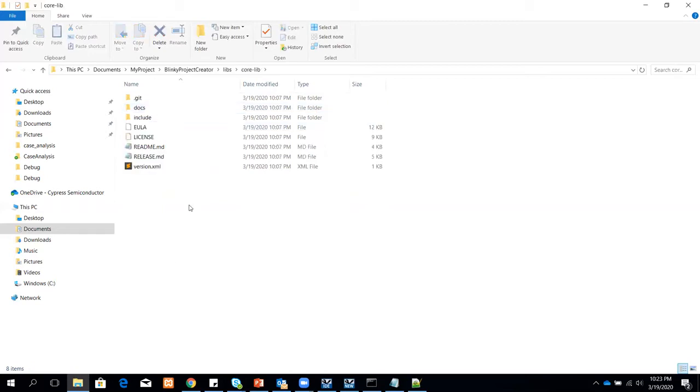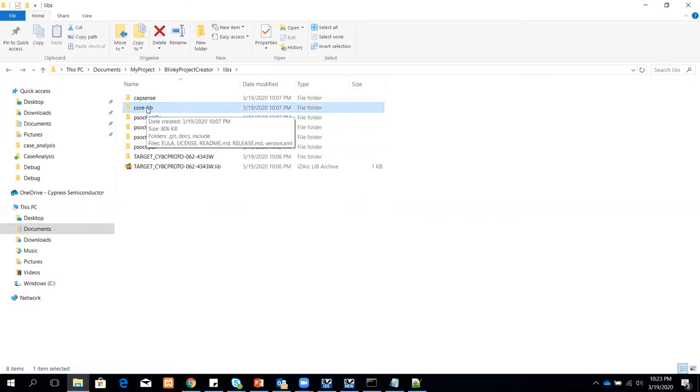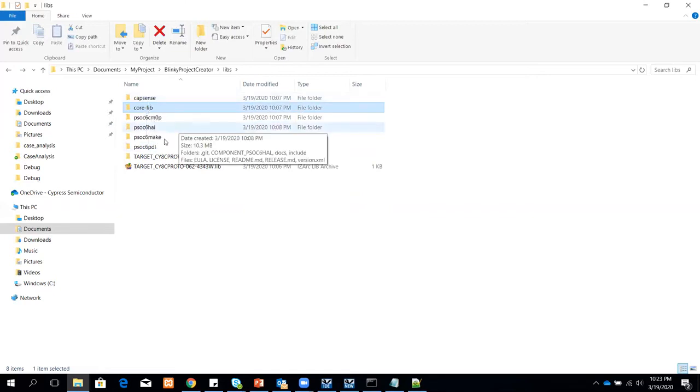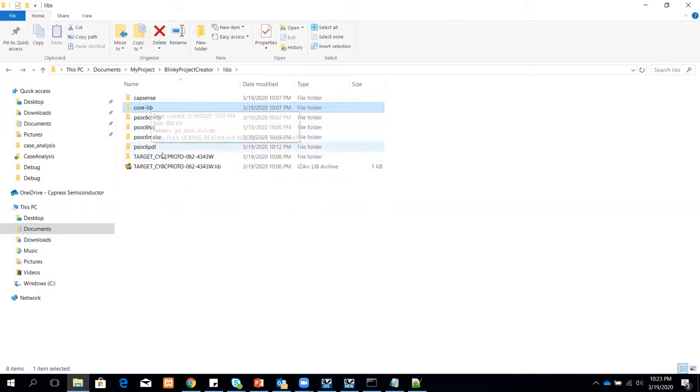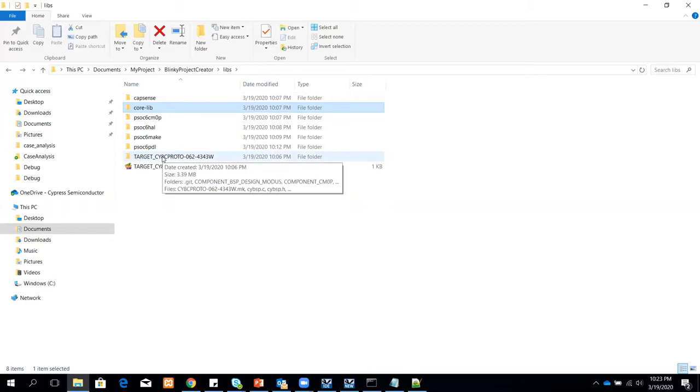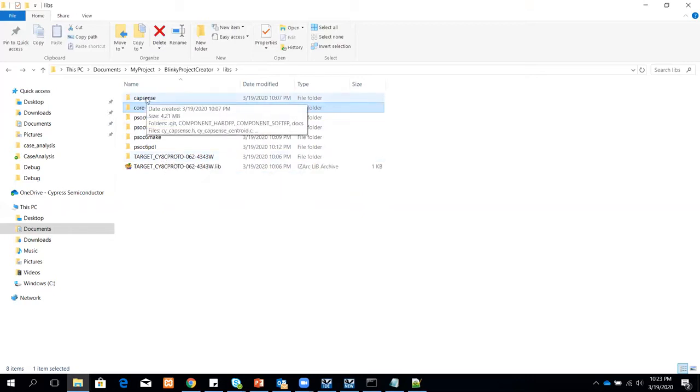Then these are some core libraries that you get as part of the application when it gets created. Based on the kit that you choose, we have enabled certain middleware to get downloaded automatically. Some of the kits that have CapSense support, you get the CapSense middleware automatically downloaded.